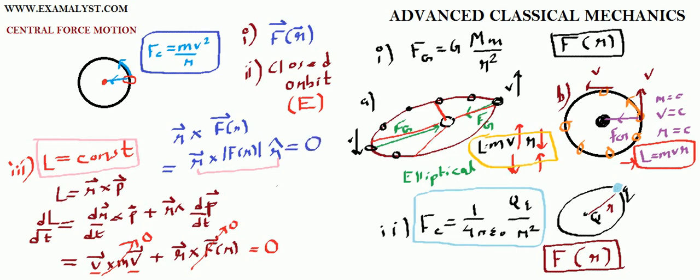So what did we learn? In central force motion, where the force is a function of r, this naturally leads to the fact that the total angular momentum is always constant in time. It means there is no change in angular momentum with time. So dL/dt equals 0 means angular momentum does not change with time in central force motion.